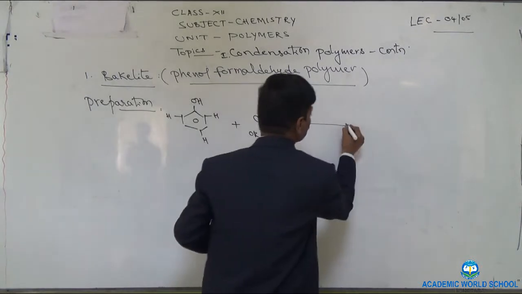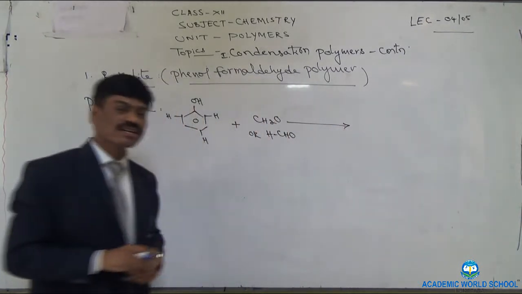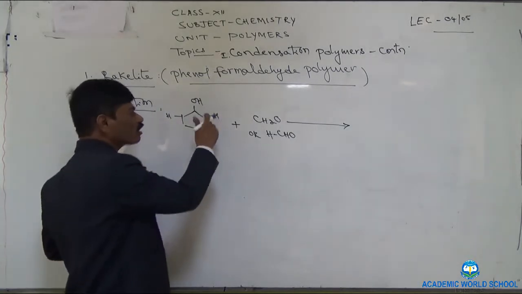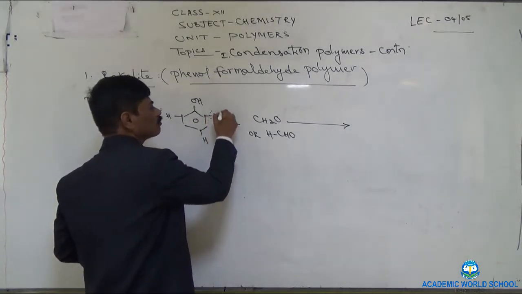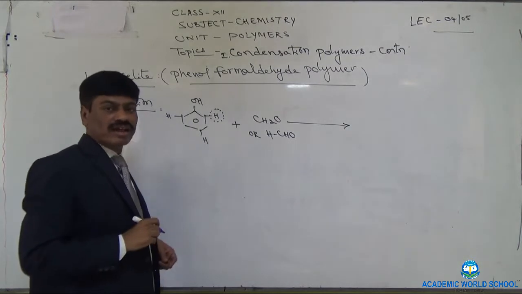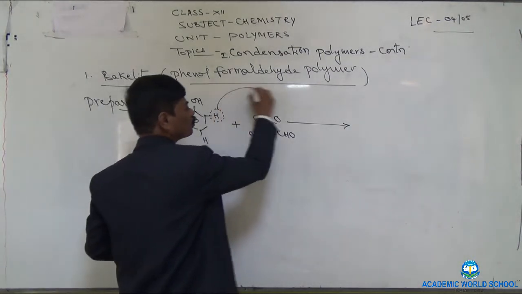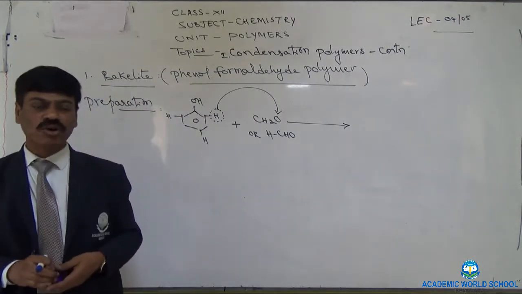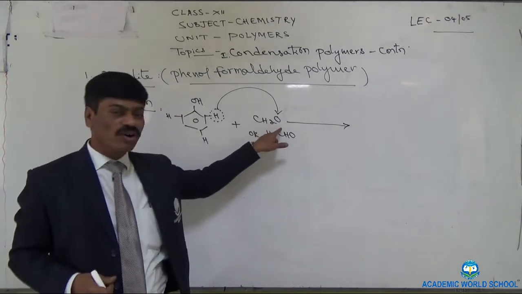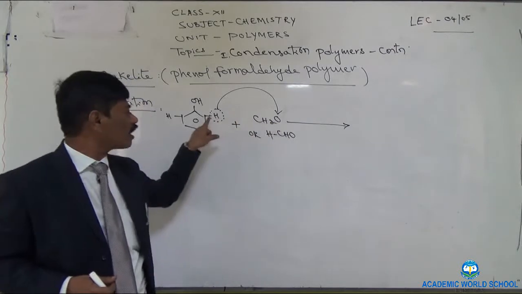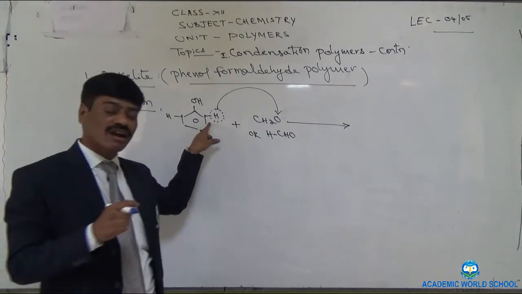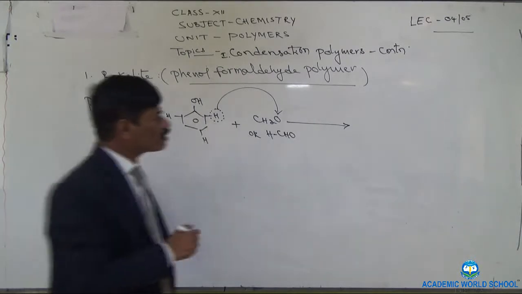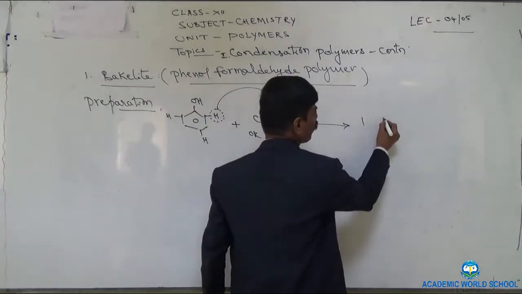Now, when these two reactants react with each other, from benzene ring, that too from its ortho position, this hydrogen atom gets removed and connected to oxygen atom of CH2O. Then it becomes CH2OH. That CH2OH gets connected to carbon atom, that carbon atom from which hydrogen atom was detached. As a result, you will get the first product,